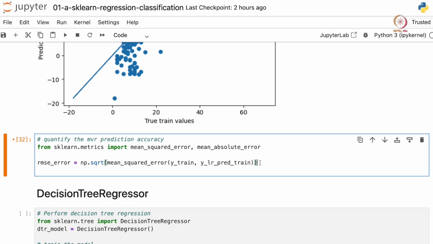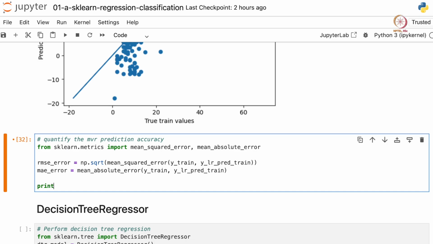And let's do the same for obtaining the mean absolute error. Let's call this MAE, and we need not take the square root because mean absolute errors are in the same units as the label target feature. And let's use this function here. And let's print out the MAE and the RMSE.